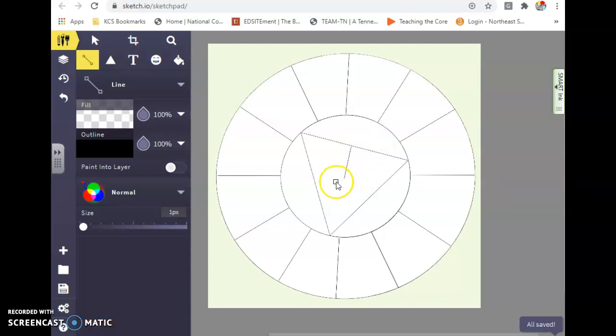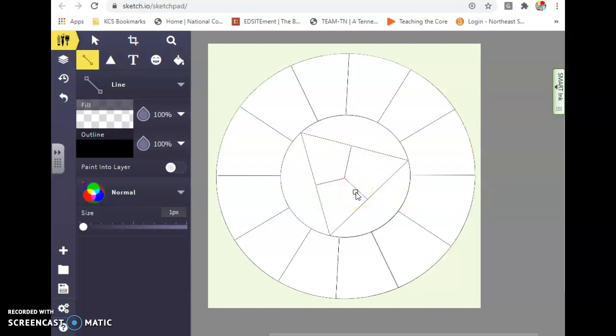So you got one line there. And I'm going to do the same thing with this side. I'm going to find the middle of that side, go down to the center, come back and close it. Again, we're going to find the middle of this side, click it, go to the center, click it, come back and close it. So now we divvied that up with a nice little